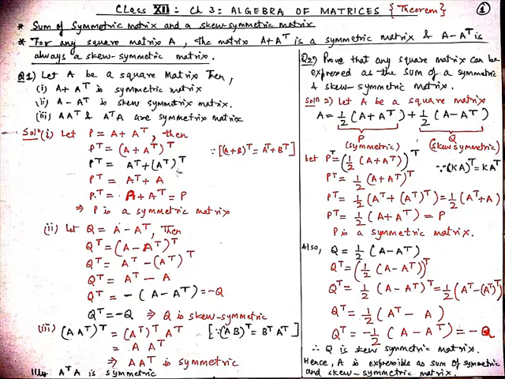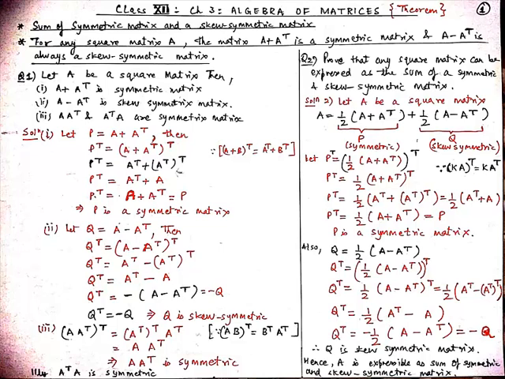In the third part, we have to prove that A dot A transpose and A transpose dot A are symmetric matrices. So let LHS be equal to A dot A transpose. Now we know the property of transpose that (A dot B) transpose is equal to B transpose A transpose. Using this property I can write (A dot A transpose) whole transpose as (A transpose) whole transpose dot A transpose. So (A transpose) whole transpose is A, giving A dot A transpose. Therefore, students, A dot A transpose is a symmetric matrix. And similarly we can prove A transpose dot A is also symmetric.